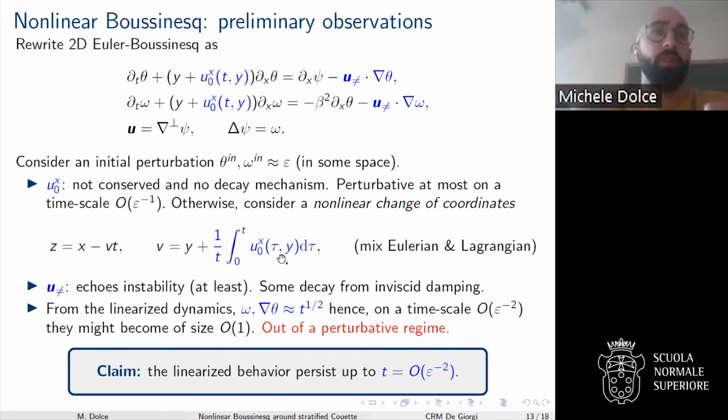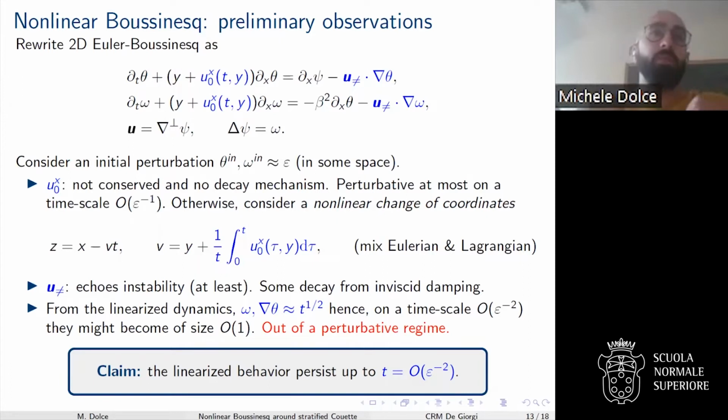the solution itself. So I like to say that this is a mixed Eulerian and Lagrangian point of view, because we are following not the entire flow, but just what you think is going to be the most important part. And this was, of course, done also in the homogeneous case, and it is crucial to do this change of coordinates if you want to actually prove the asymptotic stability.